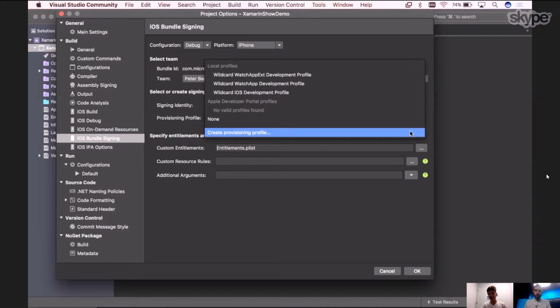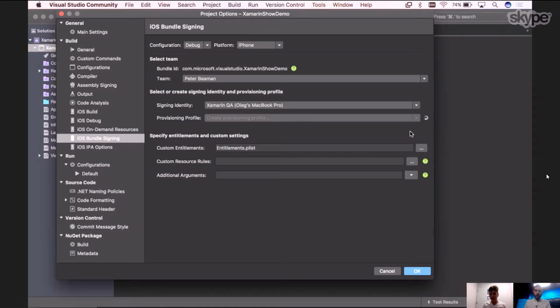So in order to create a provisioning profile, you can just press this drop-down item called Create Provision Profile. Pretty straightforward. This will now create an app ID for us. Then based on this app ID, it will generate a provisioning profile, reference the certificate we created earlier with this provisioning profile, then download it to our machine, install it, and then show it in the interface of Visual Studio for